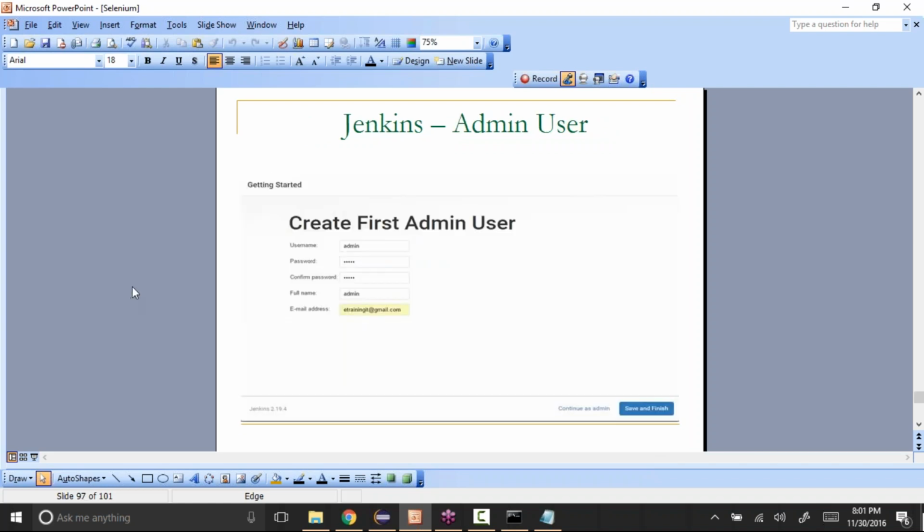Once that plugin installation has been completed, it will ask you to create a user. You need to create one admin user. You'll get this form, create first admin user, wherein you need to provide all your information like username, password, full name and the email address. Then we need to click on finish and save. This is only for the first time.